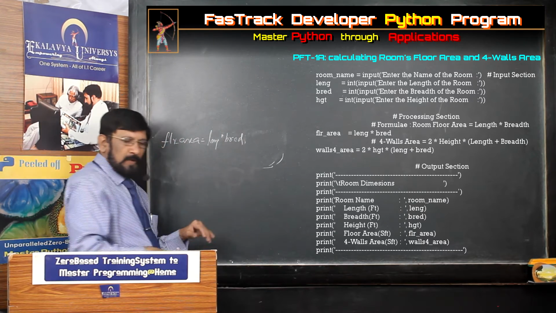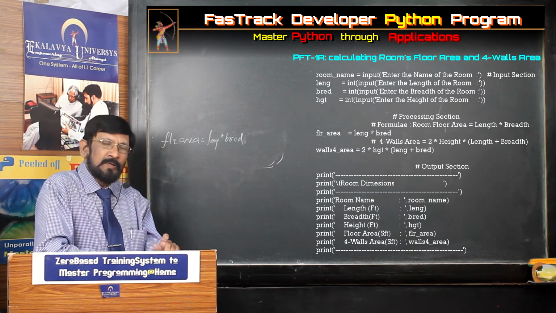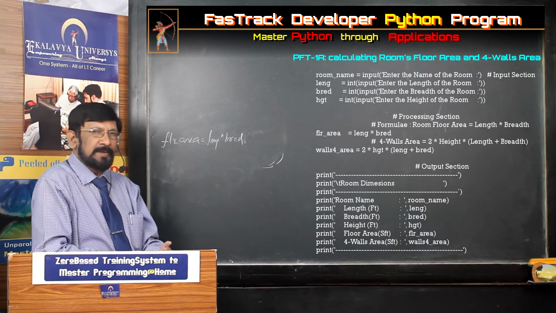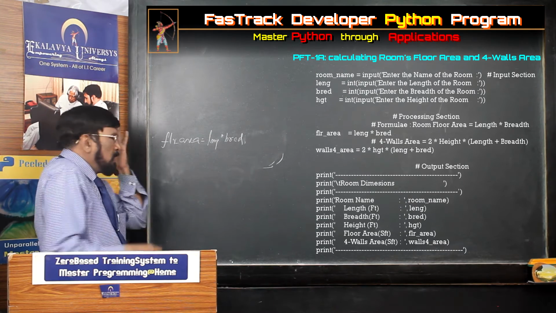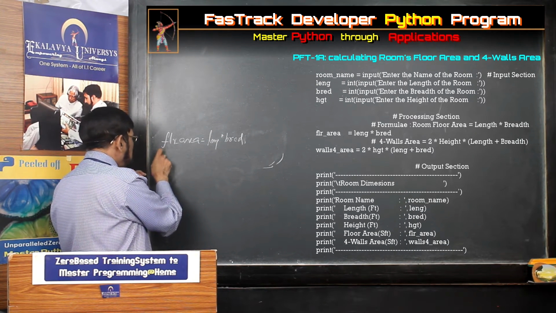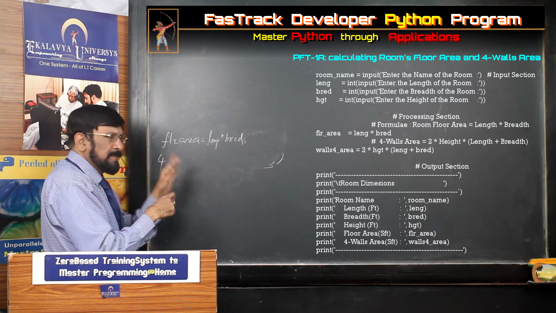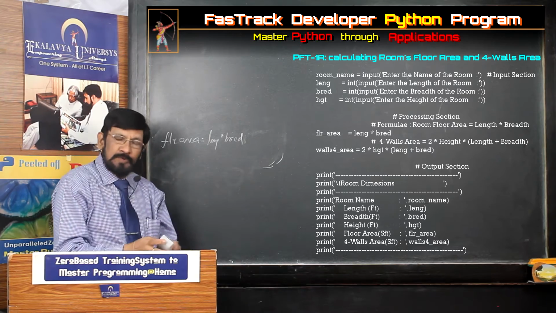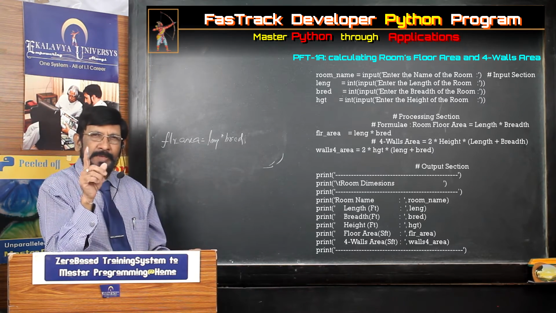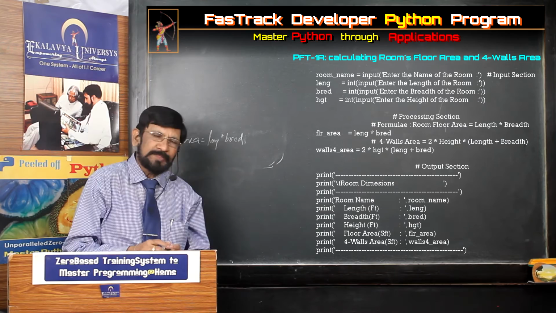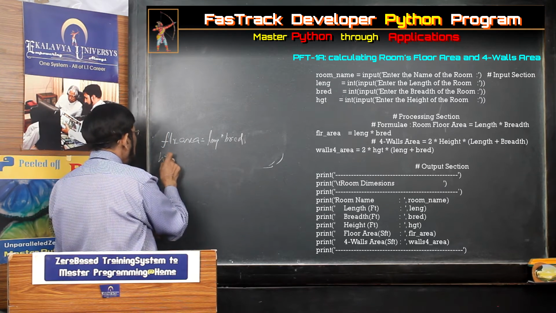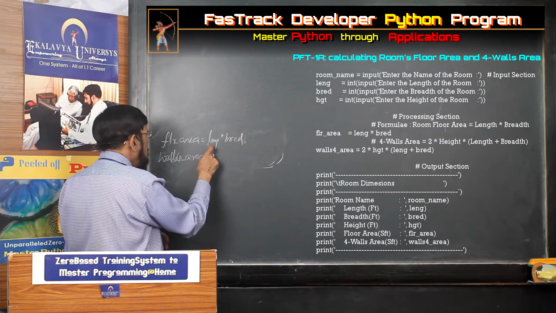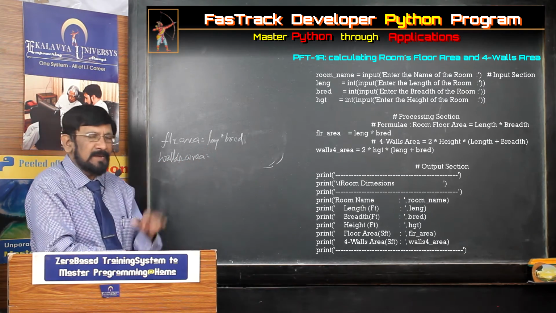You write. Okay. Thereafter, 4 walls area. Actually, here one rule is there. That rule you strictly follow. Any identifier name you give, the first letter should not be a number, a digit. It should not be any symbol except the underscore symbol. That's why what you are writing is walls 4 area. If you write 4 walls area, the first character 4 leads to error.